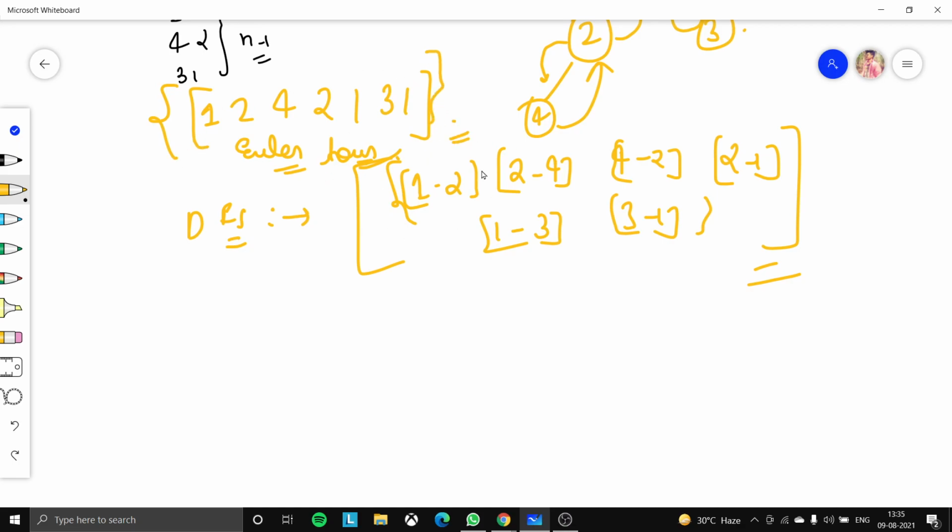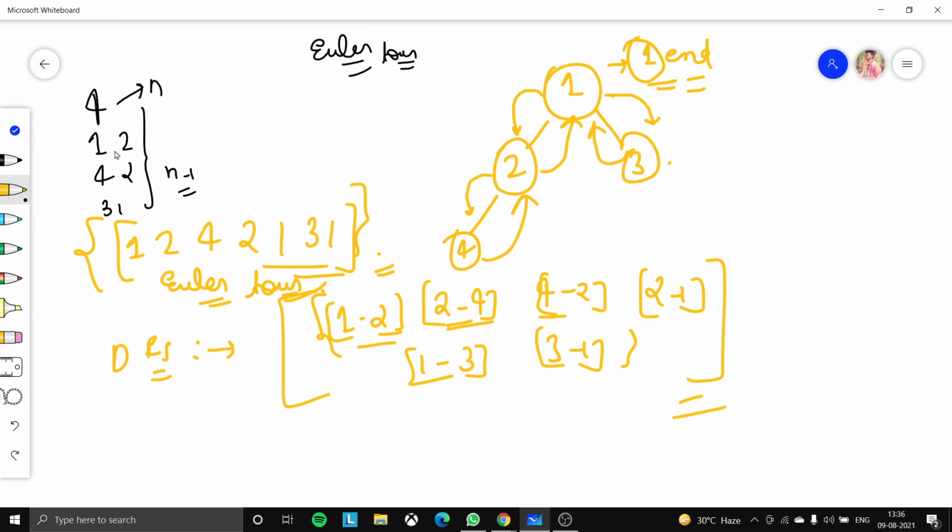So for that we have to use the Euler tour, a basic DFS technique, and we have to eradicate the duplicate items here, the nodes which are coming more than once, in pairs. So basically we have to get this sequence. So how do we get this sequence? I hope that you have understood the question here, that he moves from 1 to 2, 2 to 4, 4 to 2, 2 to 1, 1 to 3, and 3 to 1. So basically he's covered everything.